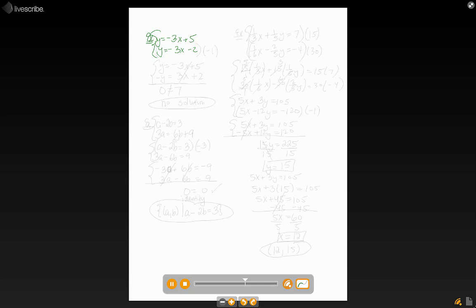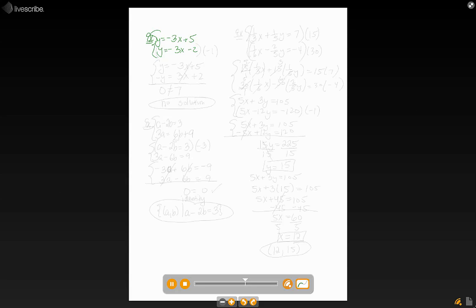So for step 2, once they're lined up like that, you're trying to get the coefficients on one of the variables to be opposite. What are the coefficients on y? 1 and 1. That's not opposites, they're the same. And what about the x's? They're both -3, so they're not opposites. Can you times them by 1? Right, so we multiply one or both equations by numbers as appropriate. So you can pick an equation. I'll pick the second equation, and I'm going to multiply through